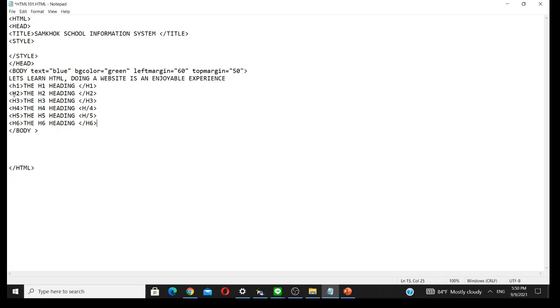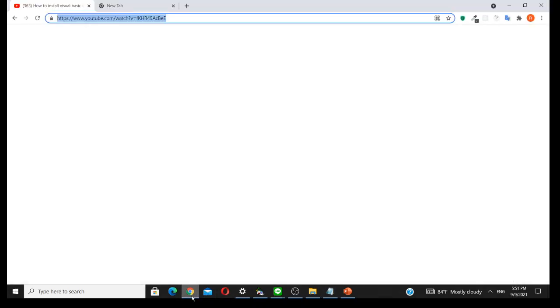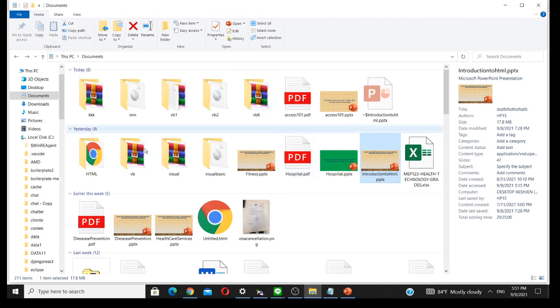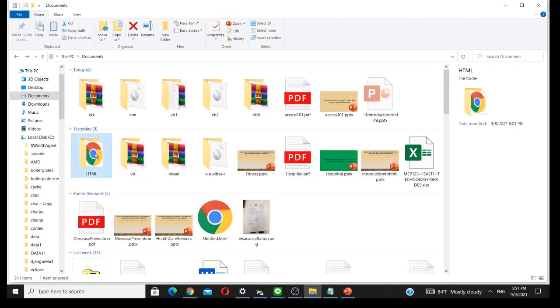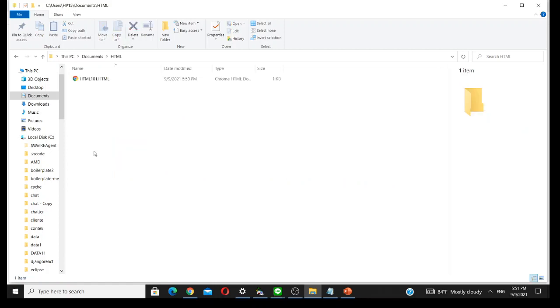So now that we have the headings H1 to H6, let's save the document and then open it in Google. I'll go to the folder where I saved it, and then I will open the HTML 101. So as you can see here,